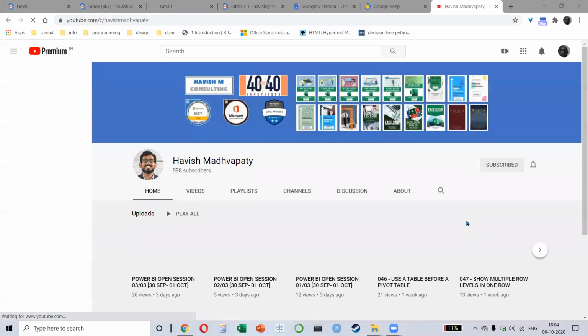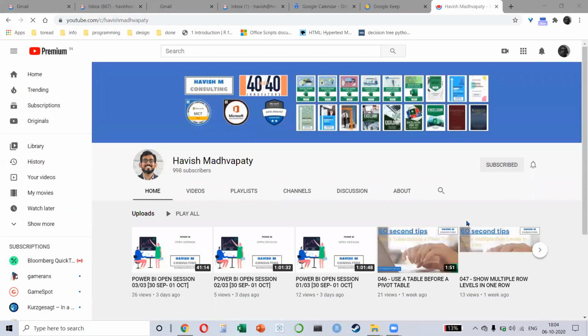So the cost of purchasing Microsoft 365 is 420 rupees per month. It's a subscription, so you can't purchase it, you can only subscribe to it. 420 rupees per month or 4,200 per year is the cost for Microsoft 365. Excel 2019 is not the latest version, Bhavish. It is Microsoft 365. Excel 2019 is the older one. It will not have all these features.